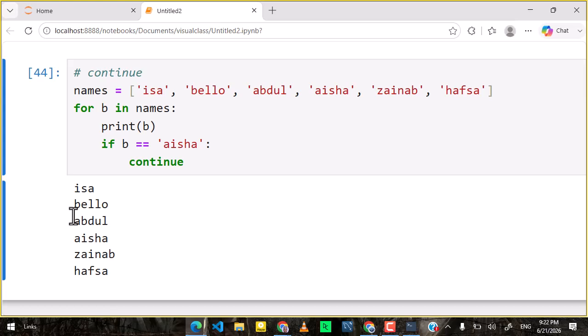I think we can use if name is not equal to, skipping Aisha. Zainab, right? Why? If name... We saw this in the while loop. Yeah. So in the while loop, what will happen is that